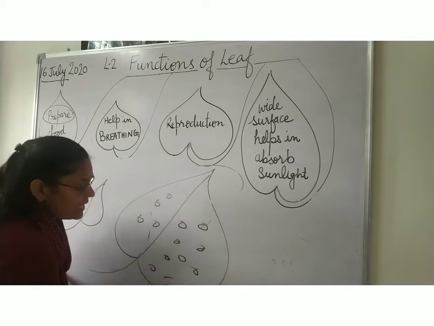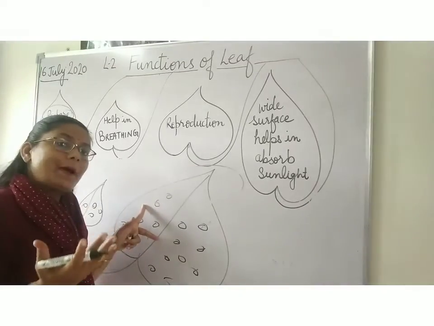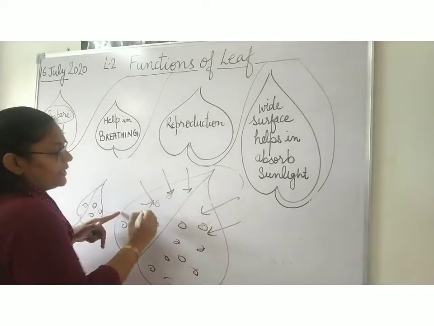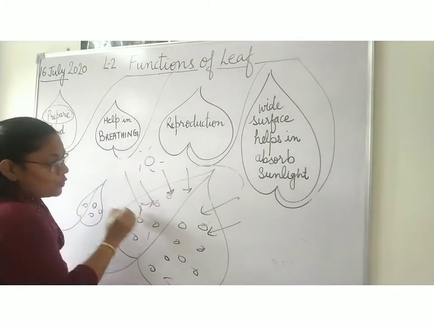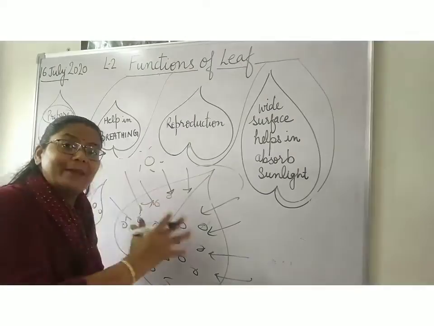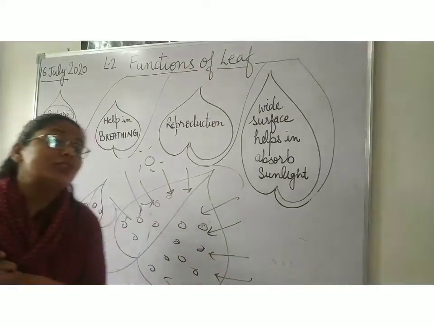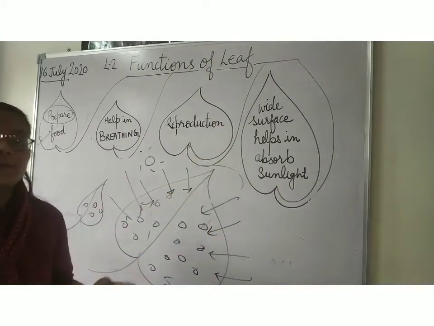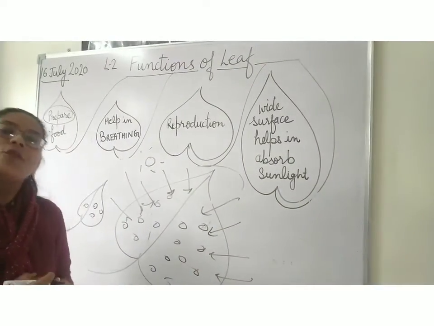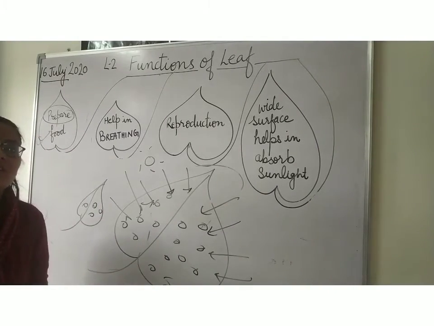जैसे number of stomata यहाँ पर increase होंगे, इसका absorption power बढ़ जाएगा. So it can provide a big surface for the sunlight to come. तो ये वाली जो लीफ है वो सनलाइट को ज्यादा एब्जॉर्ब करेगी. ओके, दैट्स व्हाई वाइड सरफेस एरिया ऑफ द लीफ प्रोवाइड्स हेल्प्स इन एब्जॉर्प्शन ऑफ मोर सनलाइट which helps in the process of photosynthesis. Okay children, so I think all the functions you understood very well.